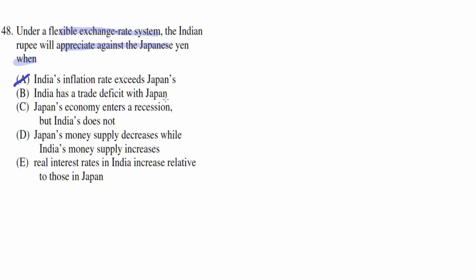B. India has a trade deficit with Japan. In this case, a trade deficit means that Indians would be importing more goods than they are exporting to Japan. And in this case, the supply of the Indian rupee will increase or shift to the right. And if we were to draw this out,